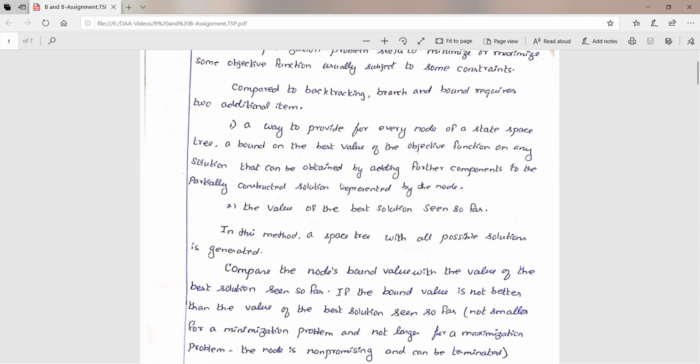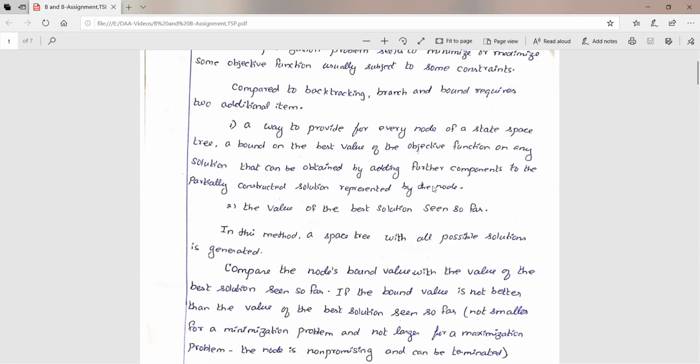Before starting the problem, first you have to find the bound values. According to the bound values, you have to find the best solutions. That is a bound on the best value of the objective function on any solution that can be obtained by adding further components to the partially constructed solution represented by the node.